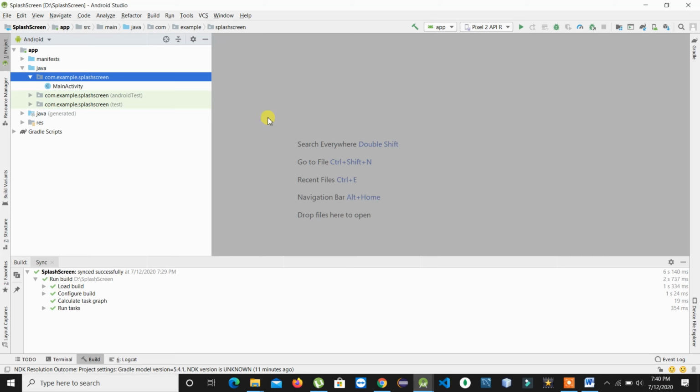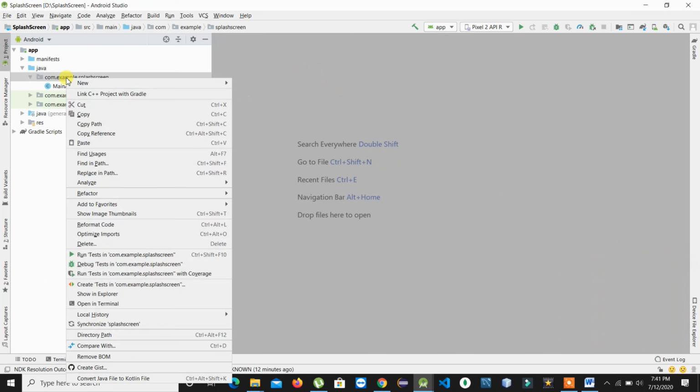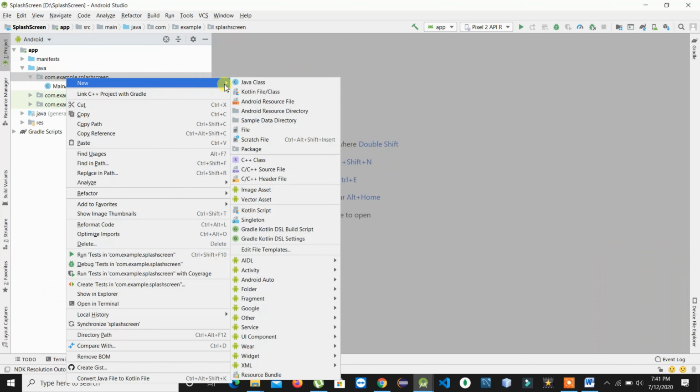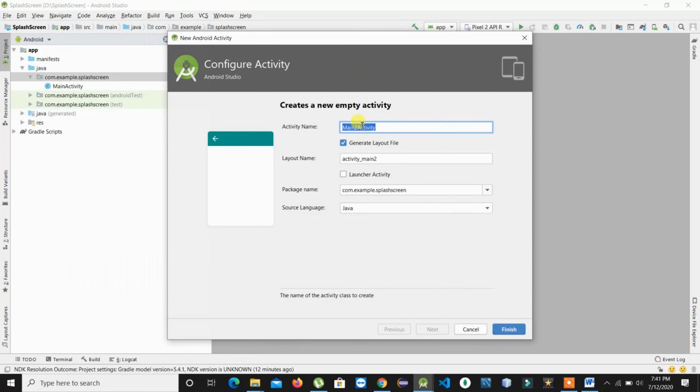Let's get started. I have already created a project. I named it splash screen. The first thing you have to do is create an empty activity. So I'll click on new, then activity, then empty activity. I'll name it splash activity,